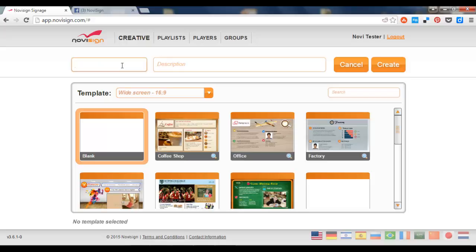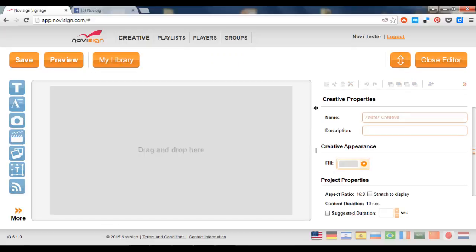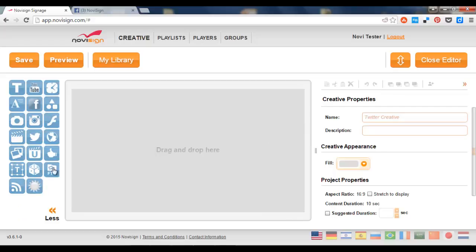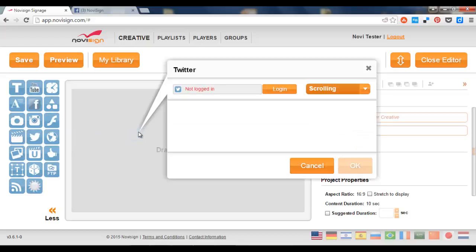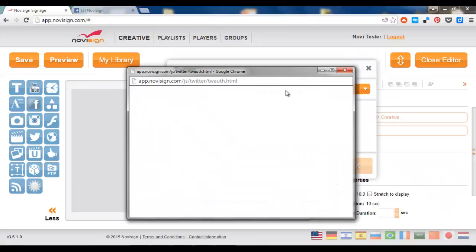Let's give it a name. Let's call it Twitter Creative. Press the create button and we're inside the Creative Composer. Now all we need to do is drag the Twitter widget to the canvas. I have to log in, so I'll use my account. It's connecting to Twitter,